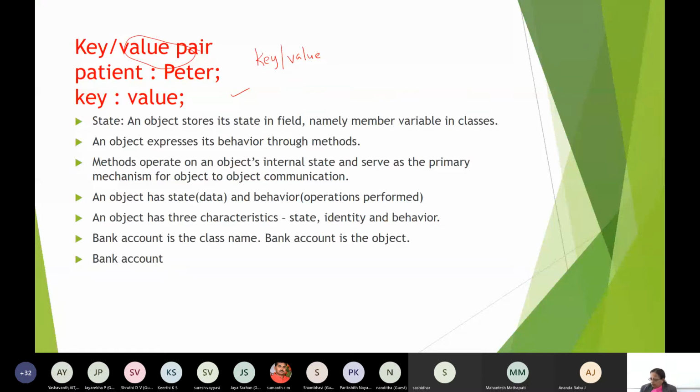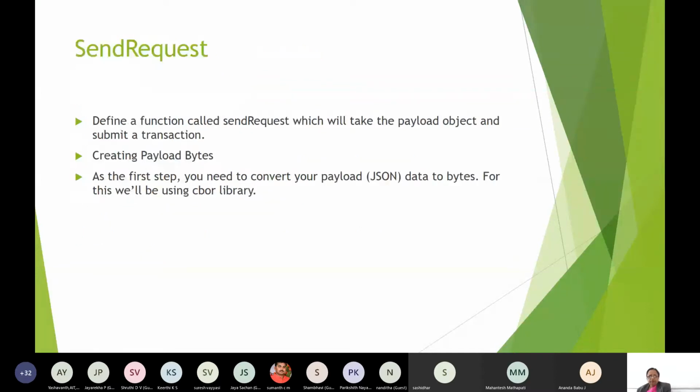Right. So that is here: the patient is Peter, say the ID is 42 or 12, whatever it is. Patient ID, so this and this, key and value. Patient is the key and this one is the value. Okay. Now,